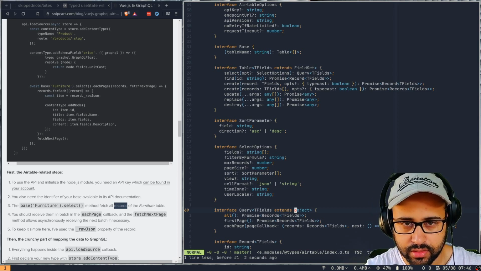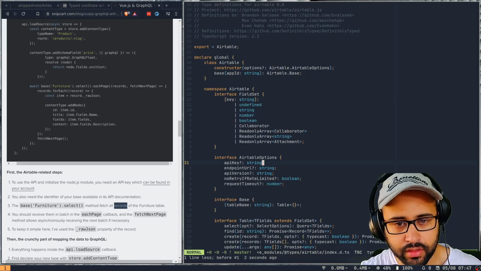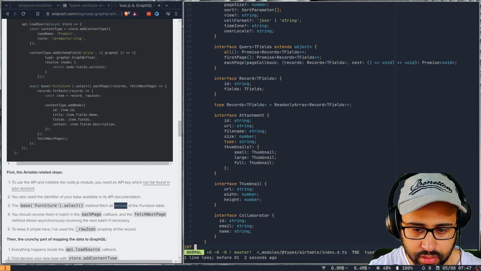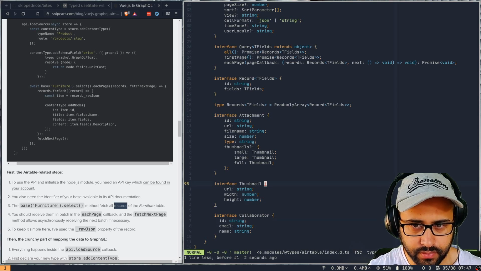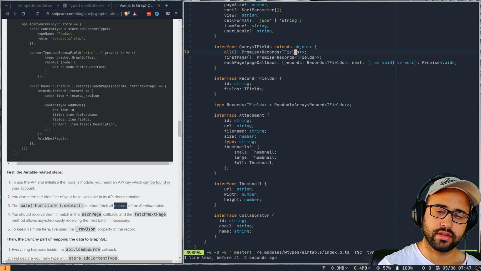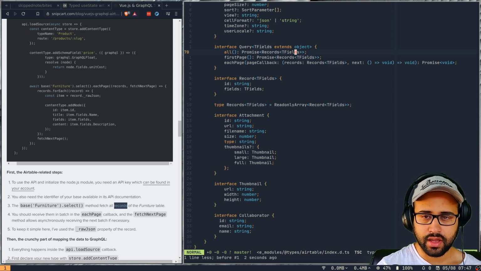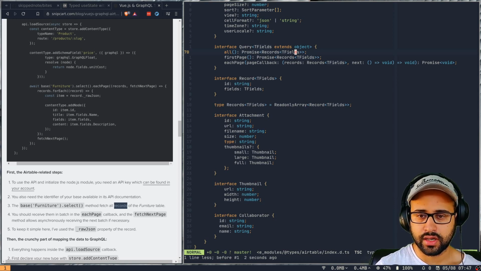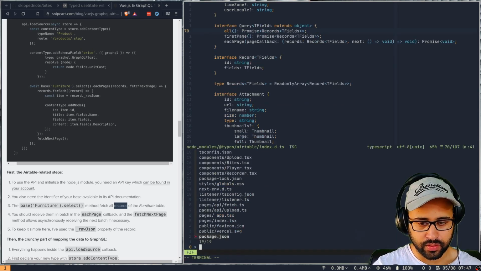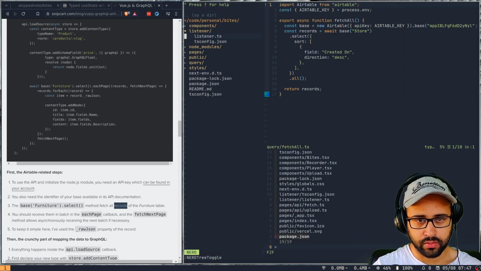I can't override this. I will have to define the whole thing again, within the namespace of Airtable. I have to define this bit where I select T field extends an interface which has fields in it, and fields has this generic accessible. No, that's too much hassle for now. Going back to fetch all, and through that, going back to listener.